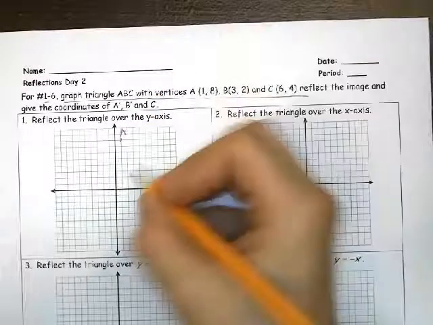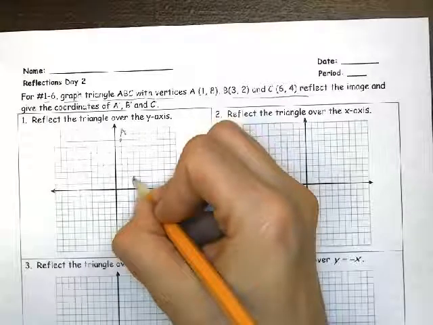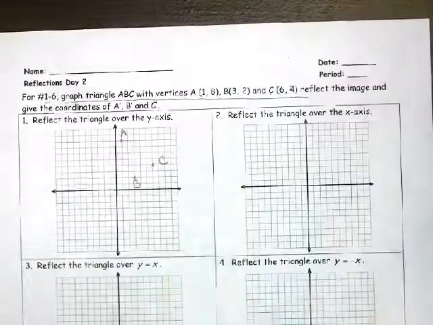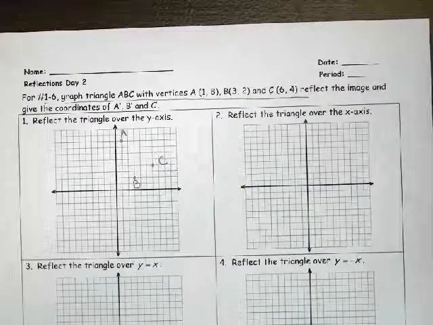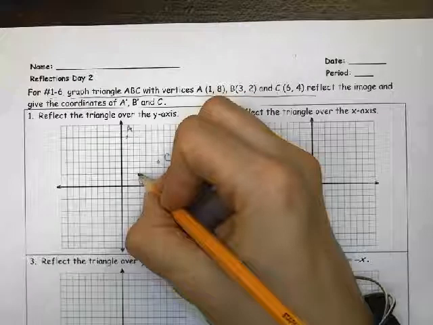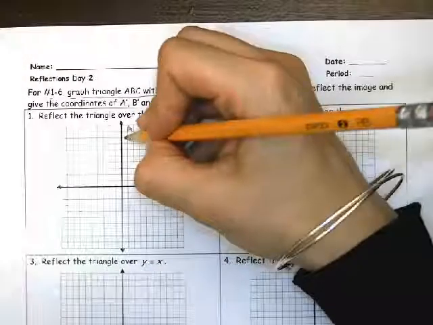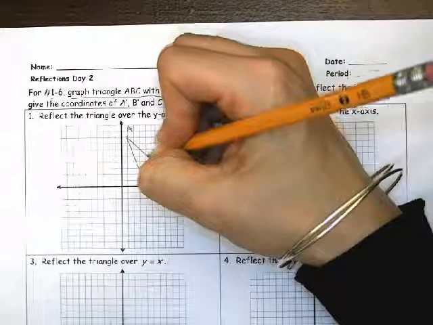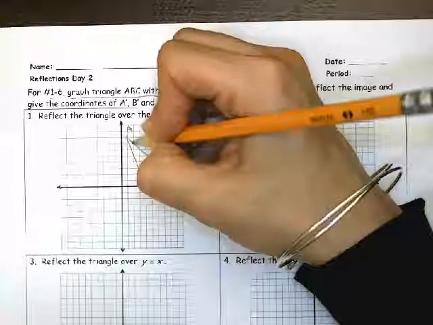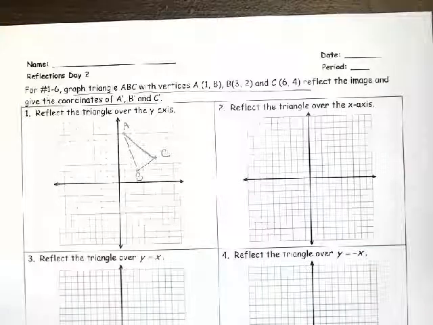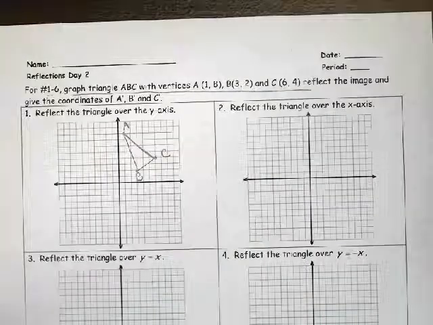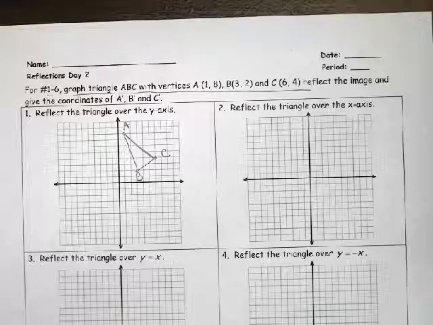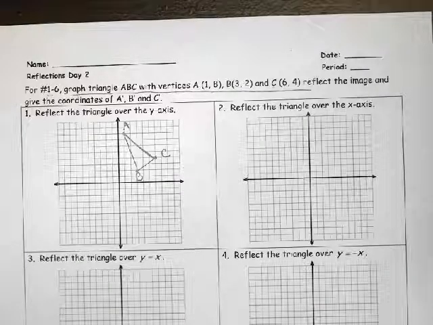There's A, B is 3, 2, and C is 6, 4. So for every single one of them, this is going to be the first triangle that you plot. Remember, as we're talking about reflections, reflections should potentially be the same distance to the line of reflection, given that it's one of the normal ones and not a y equals mx plus b,